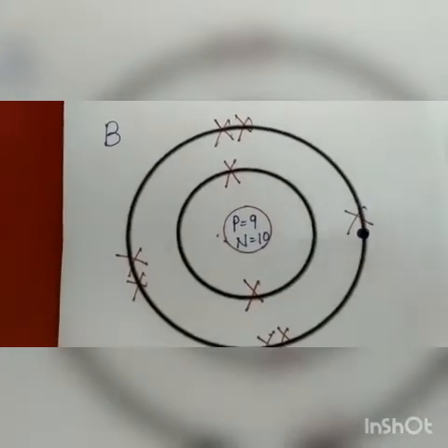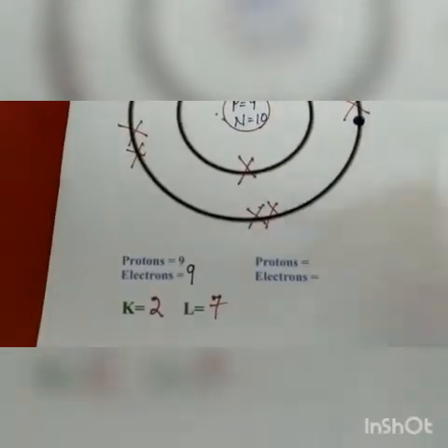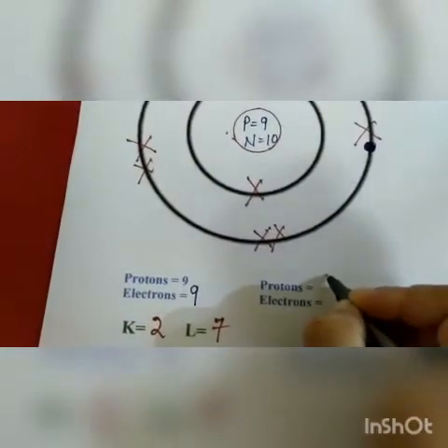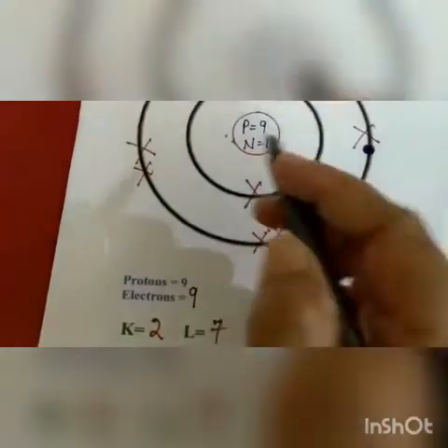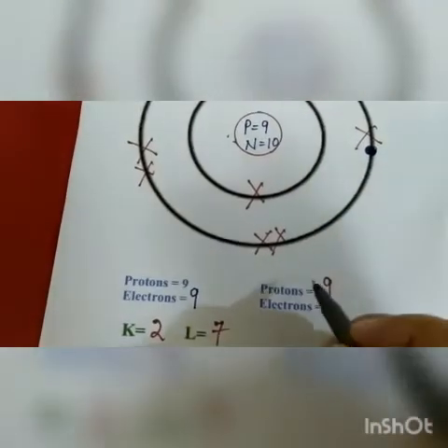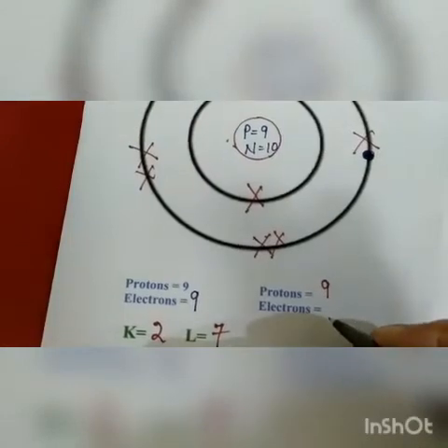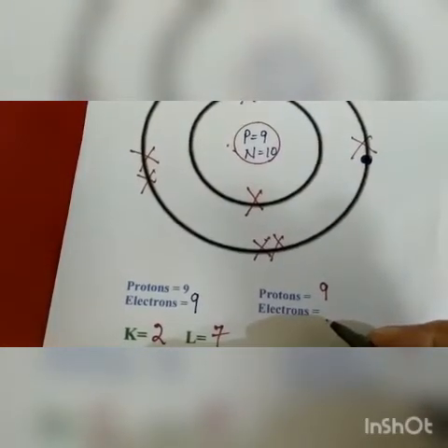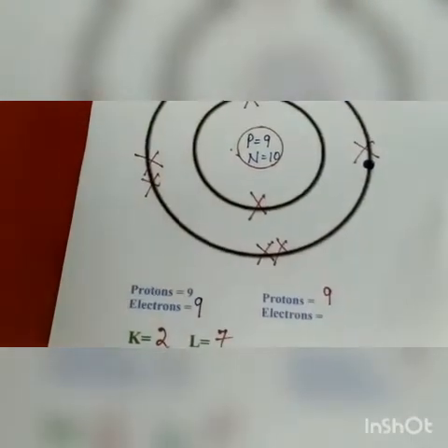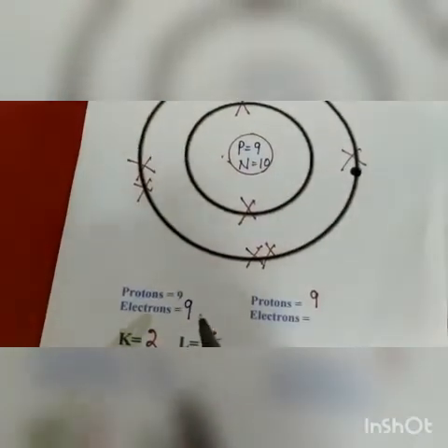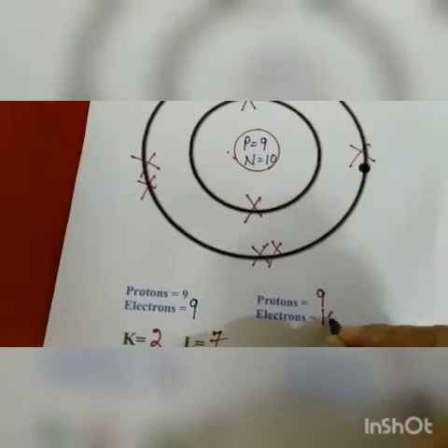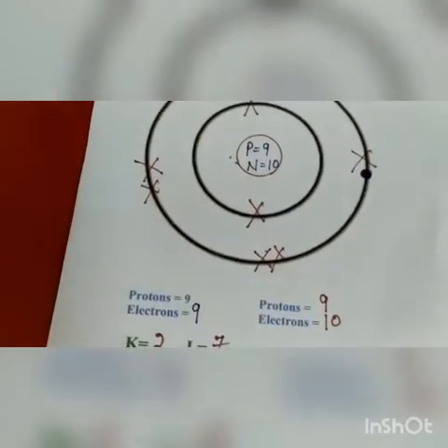That is okay. But now you see here students, the protons are 9. The protons will remain as such because protons cannot move from the nucleus. They are embedded in the nucleus. Protons will be 9. But now there is 1 extra electron. There are 10 electrons, and in the neutral atom, before, there were 9 electrons, so there is 1 extra electron. So there is 1 extra negative charge.